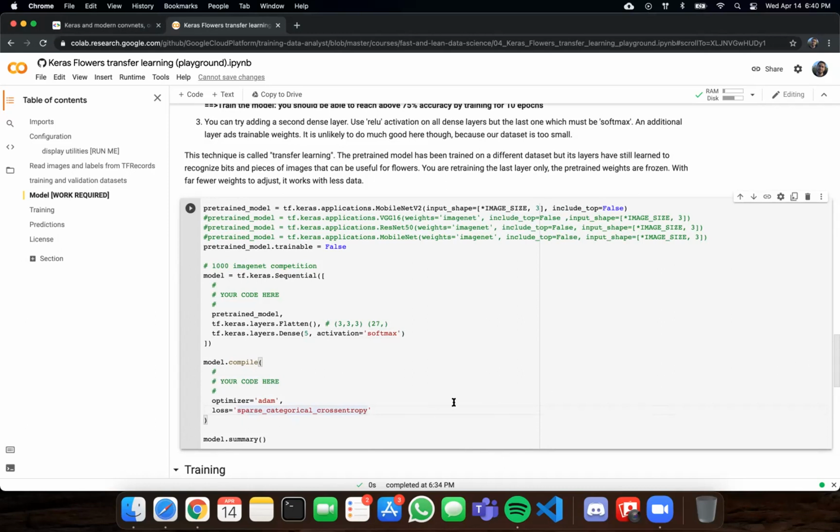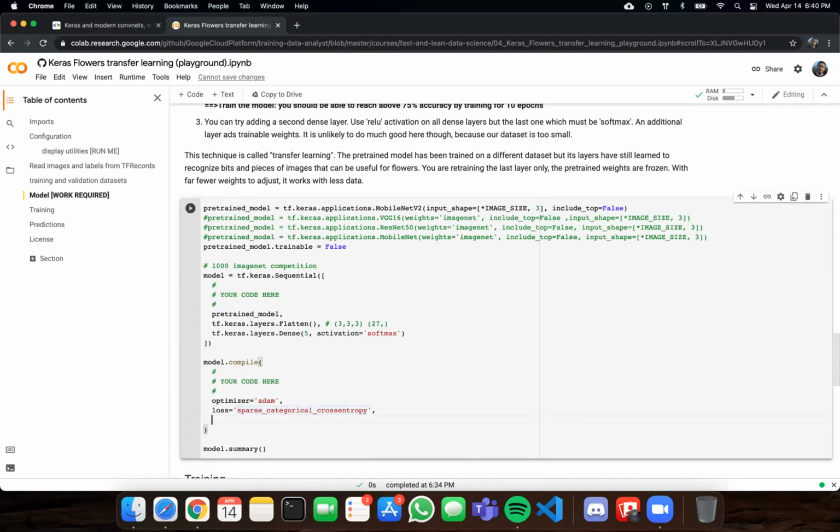This is because of how the data comes in. The thing with Keras is you can either not compute the one-hot encoding in your labels, and this loss, sparse categorical cross entropy, will do it for you, or you can actually get those one-hot encodings. Either way, these two things will work, and the important thing is that we're using categorical cross entropy. If you want to get deeper into the difference, you can just Google sparse categorical cross entropy